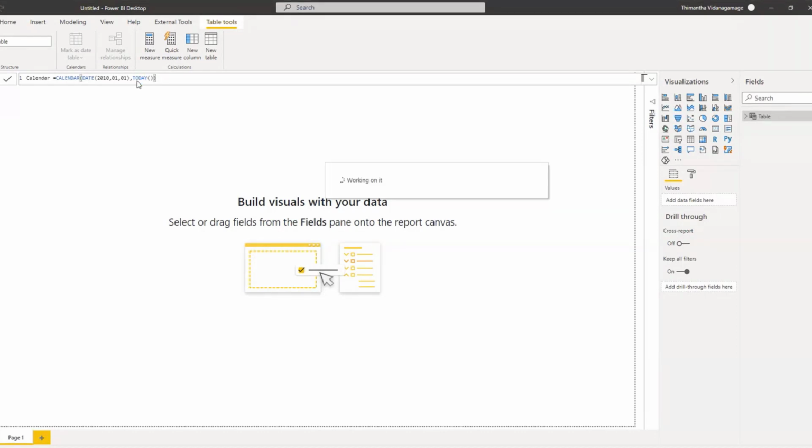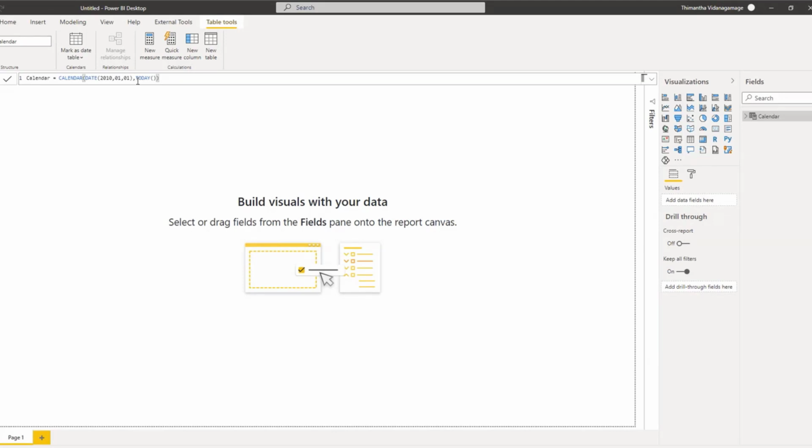This is something you have to implement in your real, industrial solutions as well, because when the data is incrementally added, when the data increases day by day in your data source, you need to make sure that your date calendar table is updated as per the requirement, to fit in with the respective dates.